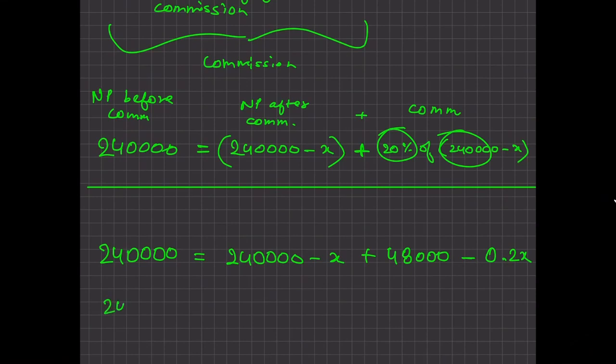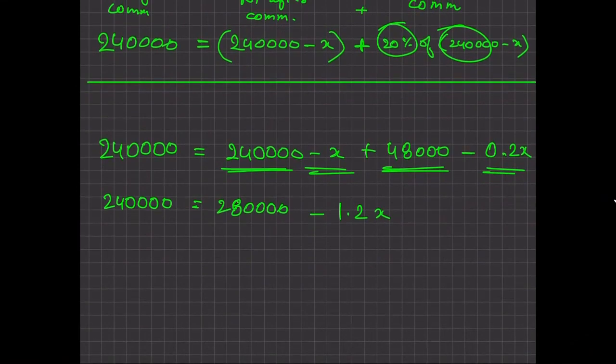Let us solve this. So 2,40,000 would be equal to this X and this X minus X minus 0.2X. This will become minus 1.2X, and here 2,40,000 plus 48,000 will become 2,88,000. This minus will go over here and this 2,40,000 will come over here. So 1.2X would be equal to